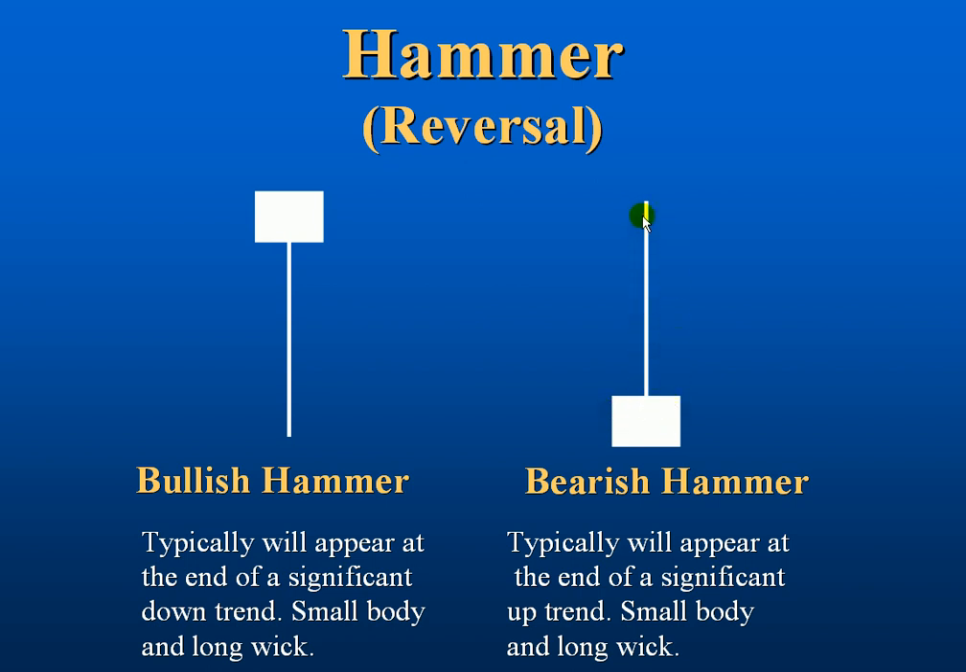Similarly, here we had the bulls making an attempt to go higher, and they were rejected, suggesting that the next move could be down, as there was no follow-through in buying interest. These are handy candlesticks when seen at the end of a nice trend, or if there's a significant level that price is testing, either at this low or at this high, and it gets rejected, and it can strongly suggest a potential move